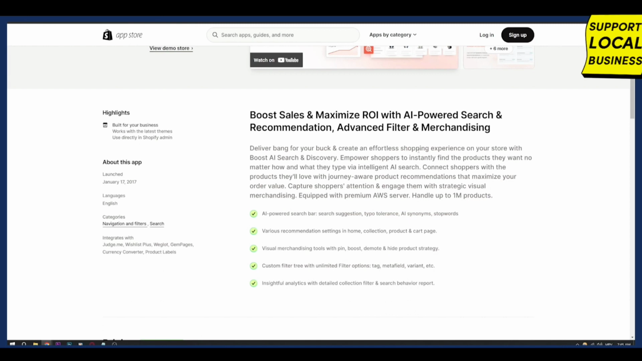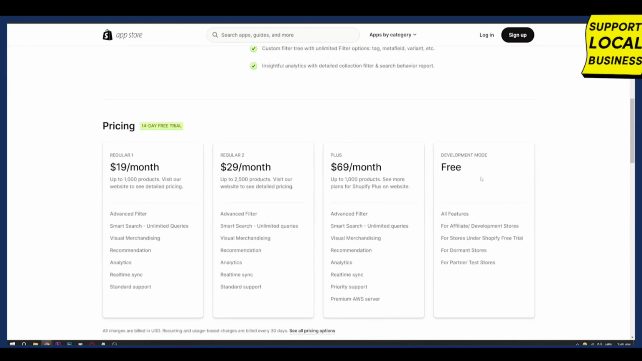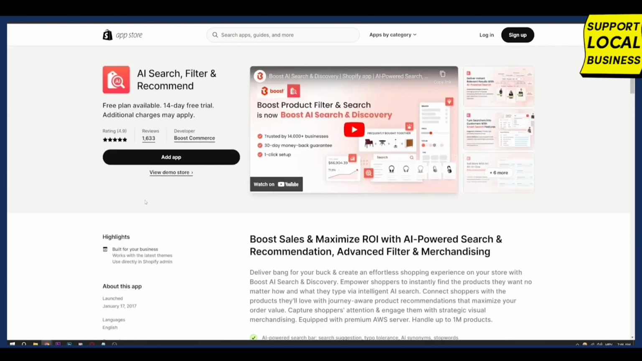That's what it does. As you can see, it is 19 a month. Also, you have a free plan, which is a development mode. But this comes with the price at $90 a month if you want to just try it out. Unfortunately, I don't think they actually have a 14-day free trial. So you can try it out and I think it's a great plugin, especially if you want a better shopping experience